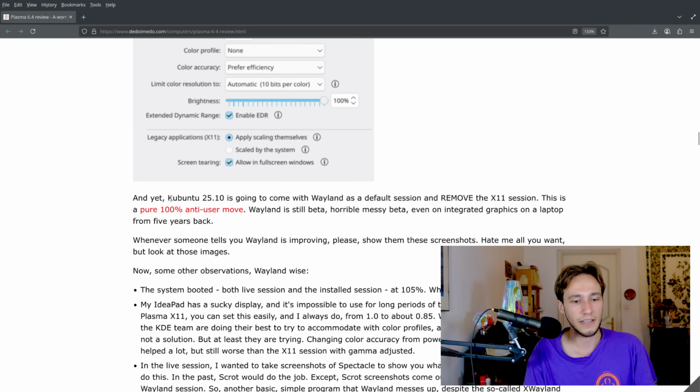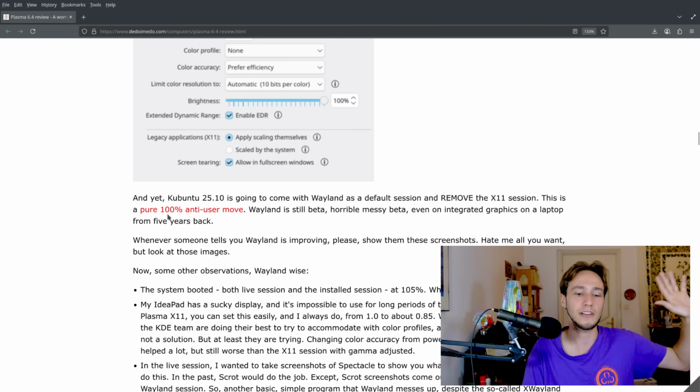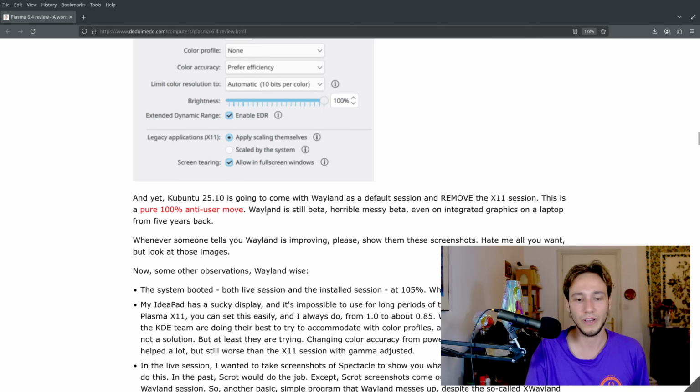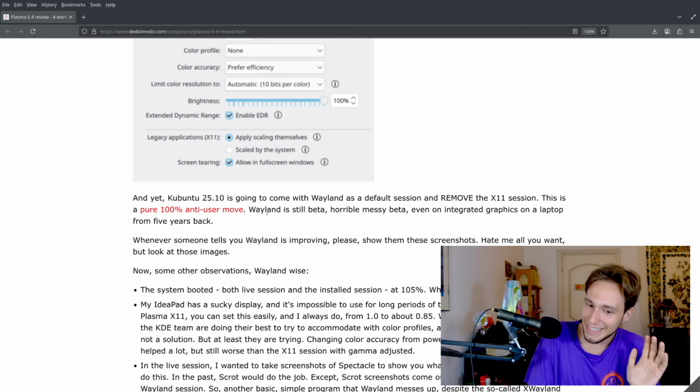So, as it says, Kubuntu 25 is going to come with Wayland as a default session and remove the X11 session. This is, in red, a pure 100% anti-user move. Wayland is still beta, horrible, messy beta, even on integrated graphics on a laptop from 5 years back. So, no,